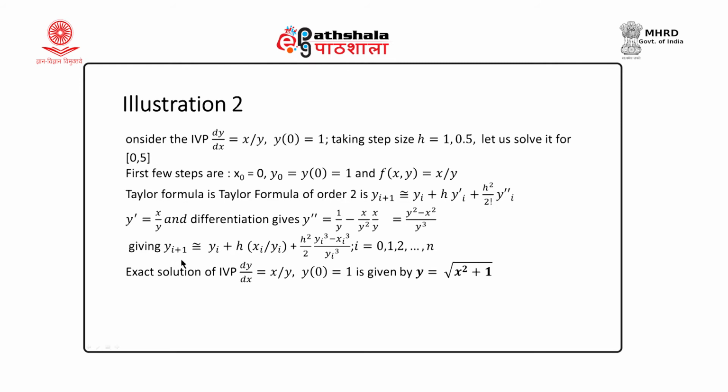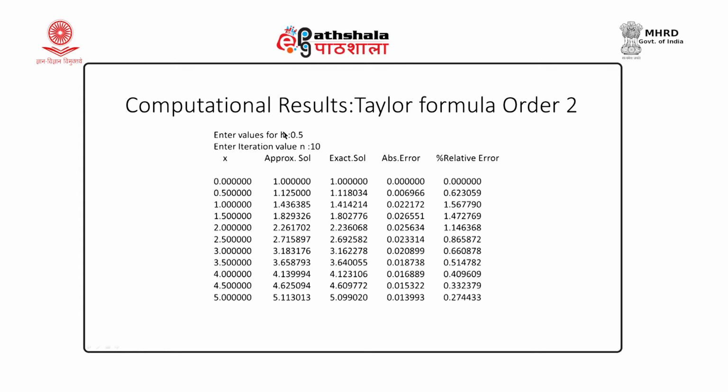So, the formula is yi plus 1 equals yi plus h xi upon yi, plus h square by 2 times yi square minus xi square upon yi cube, and the exact solution we know is given by y equal to root x square plus 1. If we take h equal to 0.5 and go from 0 to 5, we have 10 steps to be done. The exact solution at x equal to 5 is 5.099 and the approximate we get is 5.113 using step size 0.5. Absolute error is 0.013993